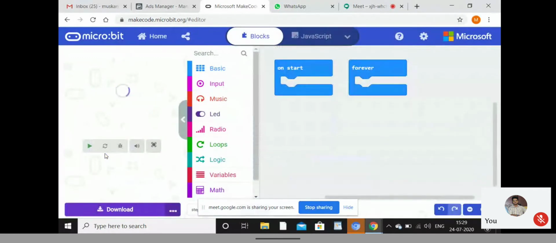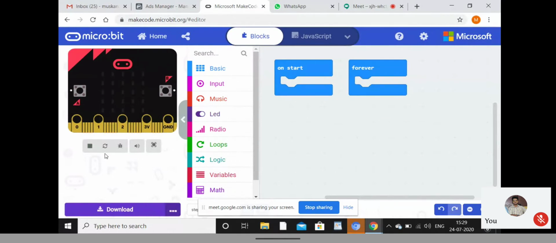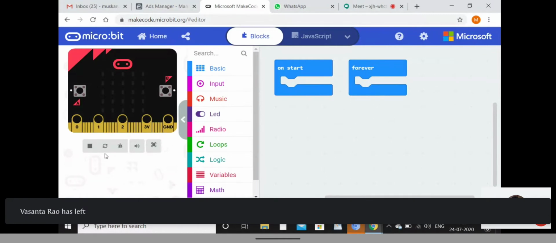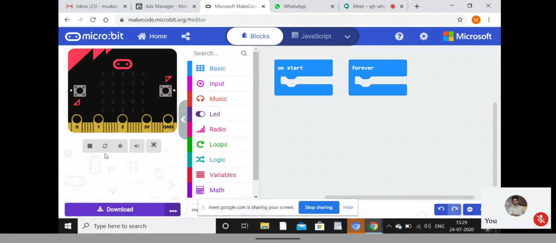See, for step counting, the first thing is when we are starting from our house, the first step will be zero, right? We are standing, that is a zero step. Then we'll move, right? That is first step, second step, third step, fourth step, like this. So what we need to do, first we need to set step to zero. Then we will change the step by one. One by one it will change, right? Directly it will not go to 100. One by one it will change. 0, 1, 2, 3, 4, 5.